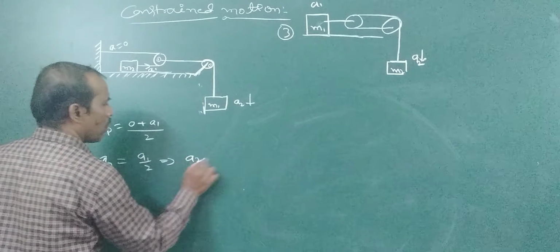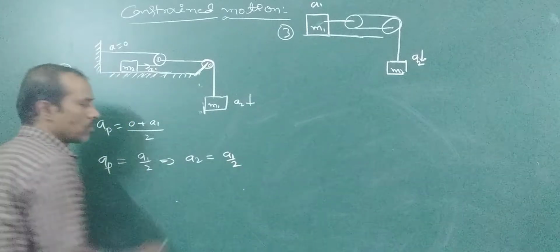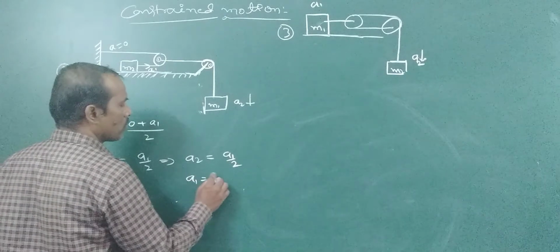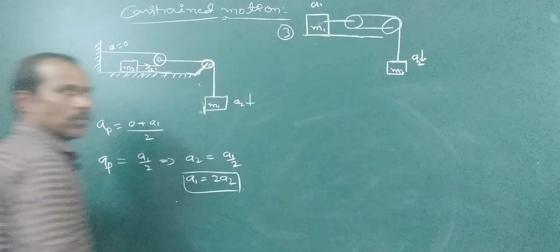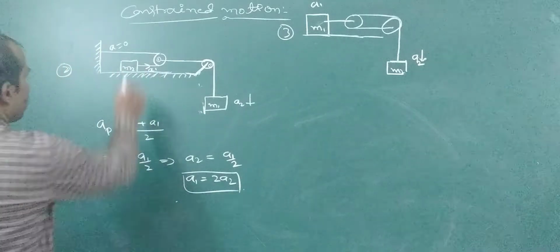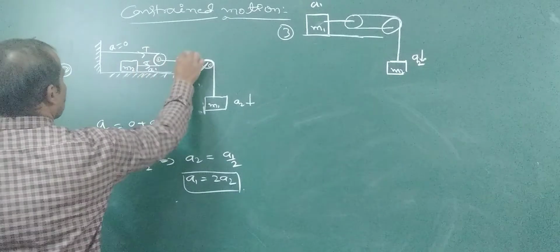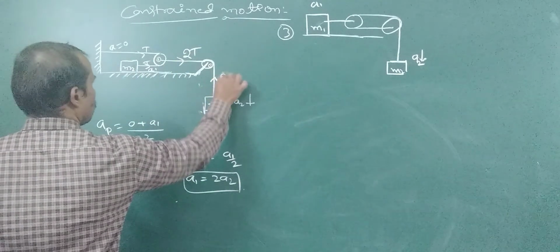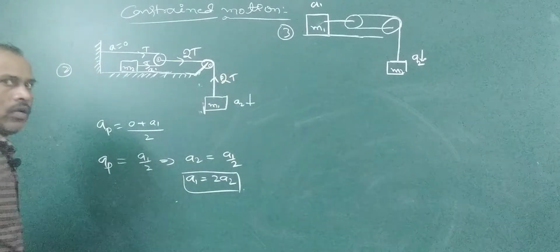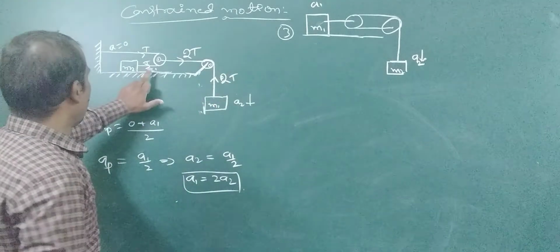So a2 is equal to a1 by 2, acceleration of the block m1 is equal to a2. Now the tension in the string: this is T, this is 2T, this one here 2T, this also 2T. Okay. Now first of all T is equal to